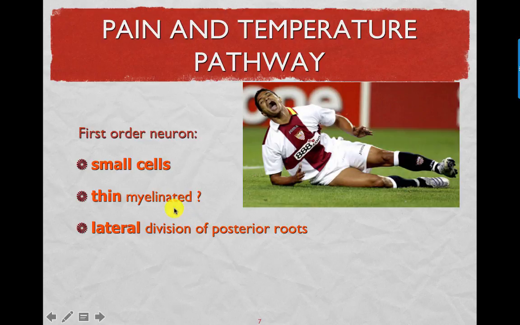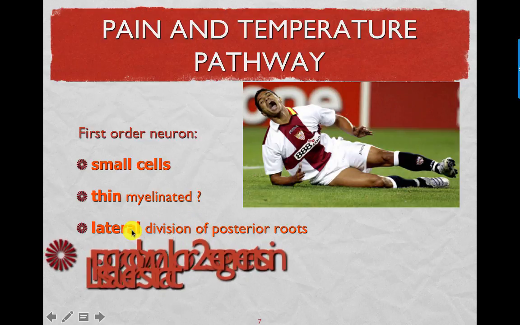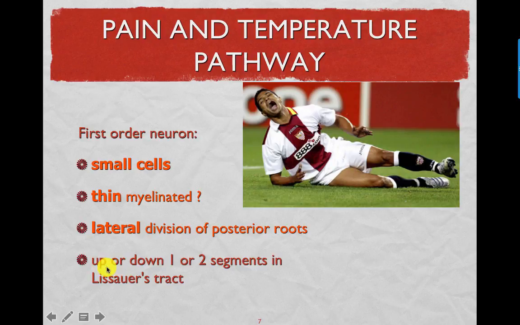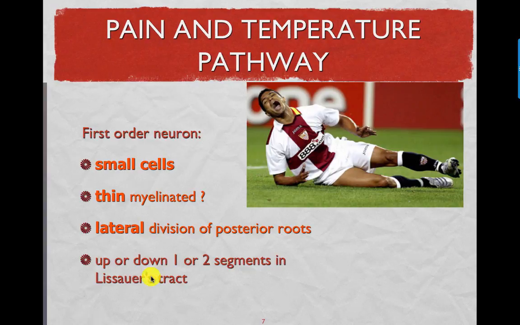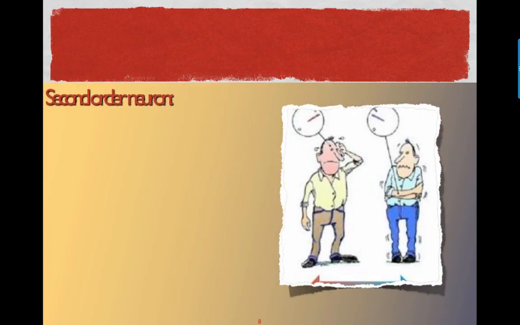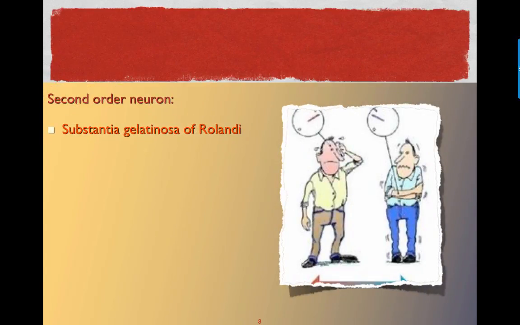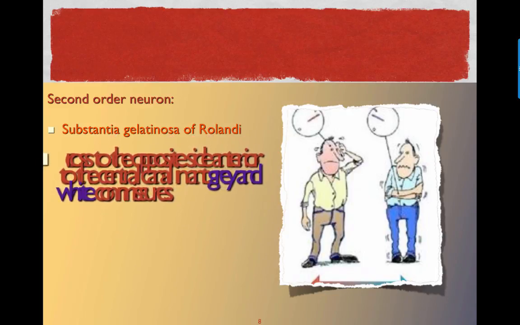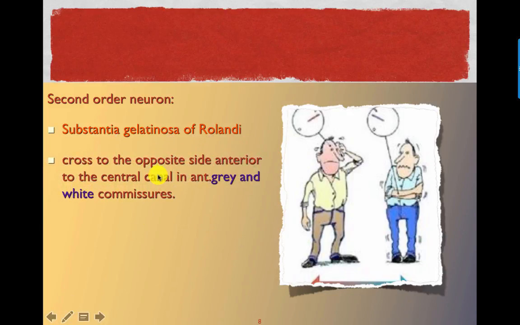And then the central branches will enter through the lateral division of the posterior root, and some of the fibers will ascend up or descend down 1 or 2 segments in Lissauer's tract before ending in the second order neuron. The second order neuron for pain and temperature is the cells in the substantia gelatinosa of Rolando on the same side, and the axons will cross to the opposite side in front of the central canal in the gray matter and very close to it, passing through the gray and white commissure,